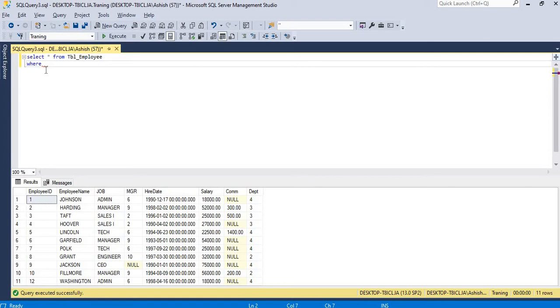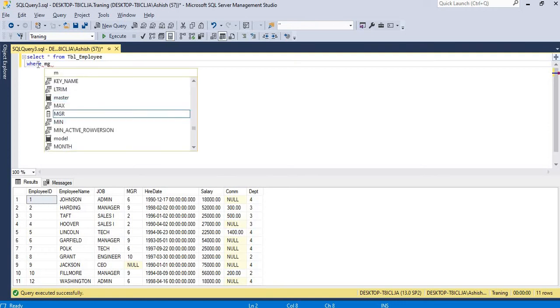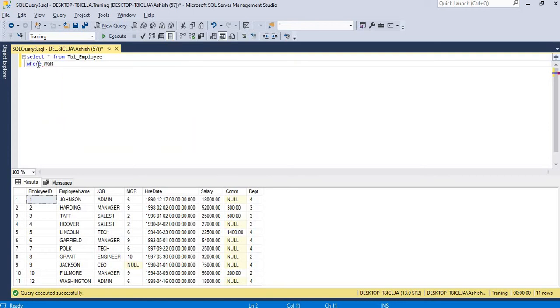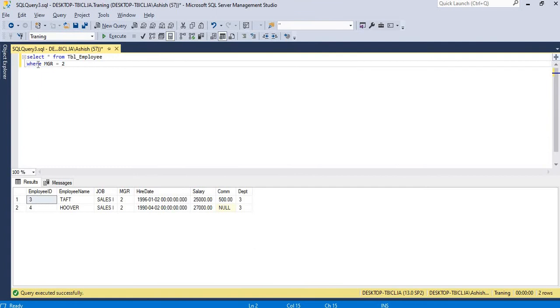So I can say that if I want those employee details whose manager is 2, this is my first condition, and the second condition is I want to see the employee whose name starts with T.